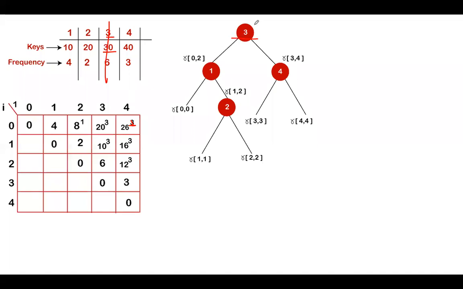Next, below it will be the 0, 2 location. 0, 2 is nothing but 8 to the power of 1. 1 should be the root here. Okay, here 1 is root. Its left part is 0, 0. Its right part will be 1, 2. In 1, 2, what is there? See, 0, 0 is obviously 0. 1, 2 is nothing but 2, key value 2.